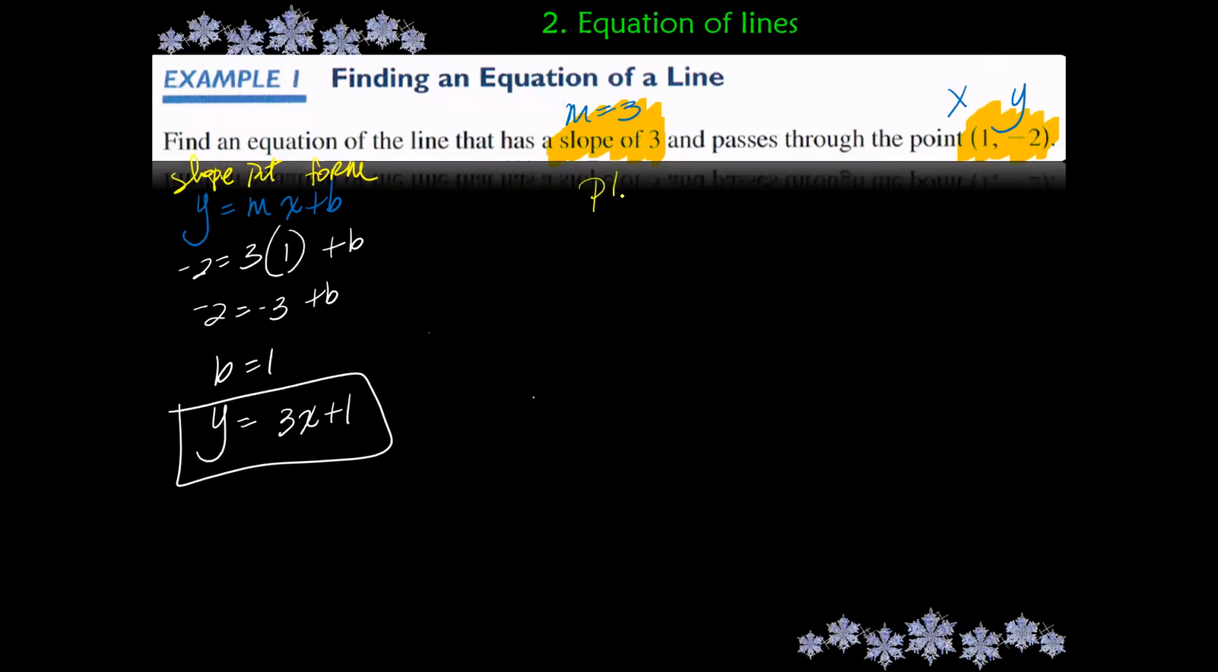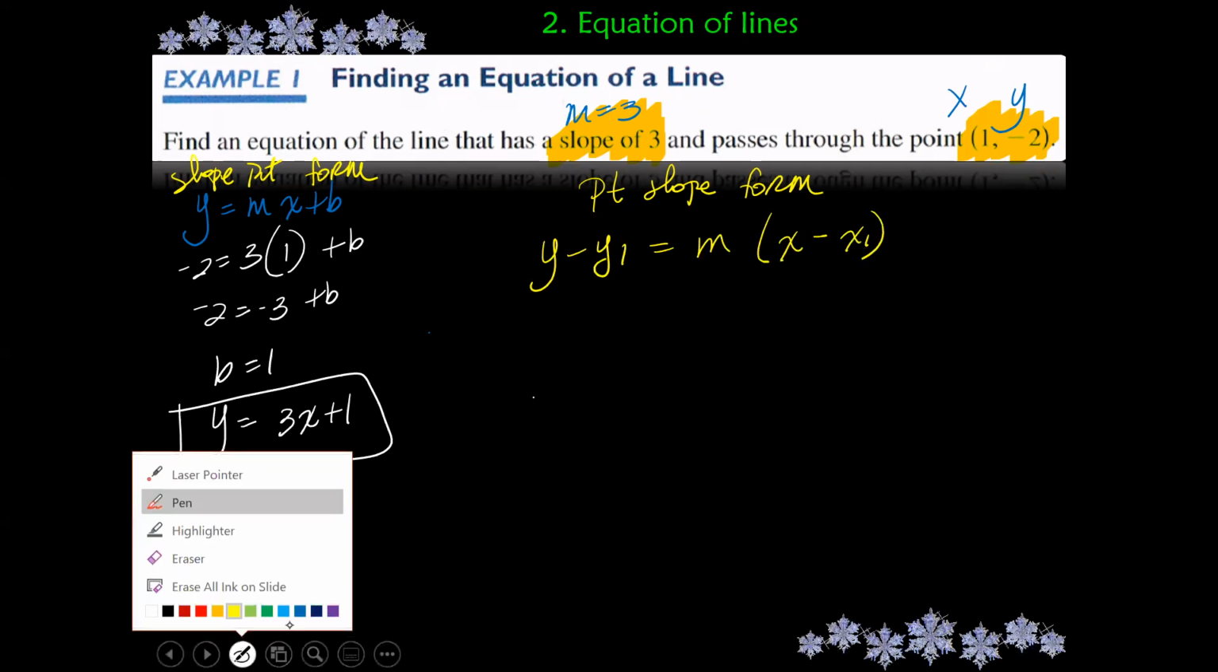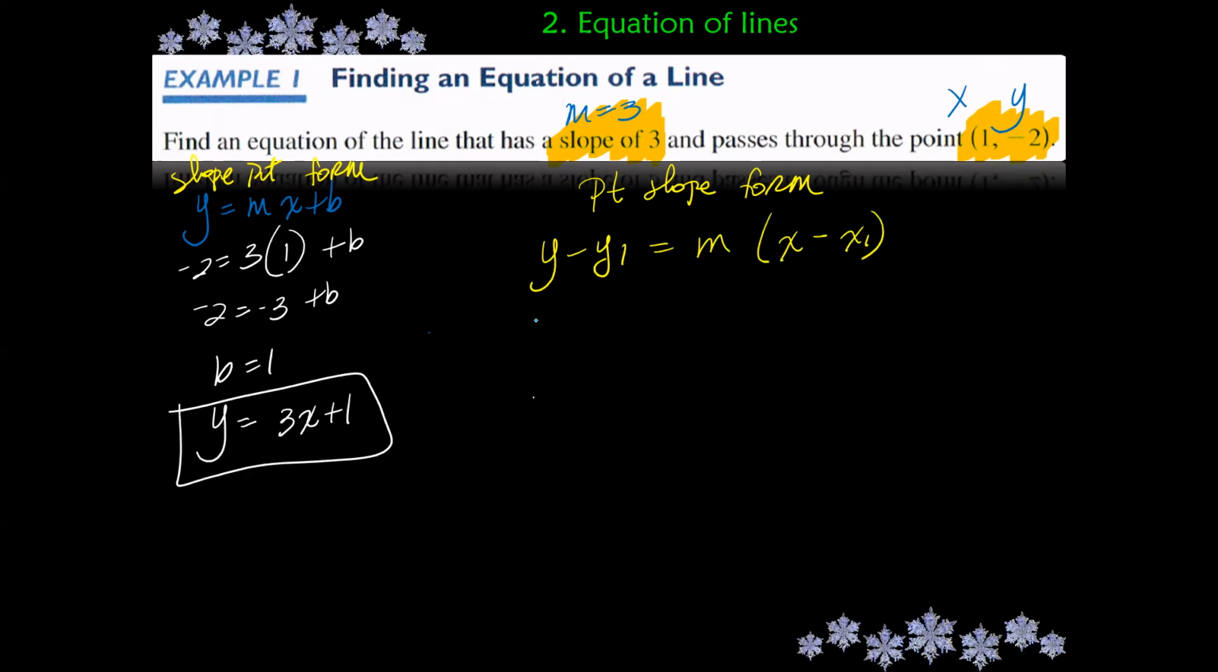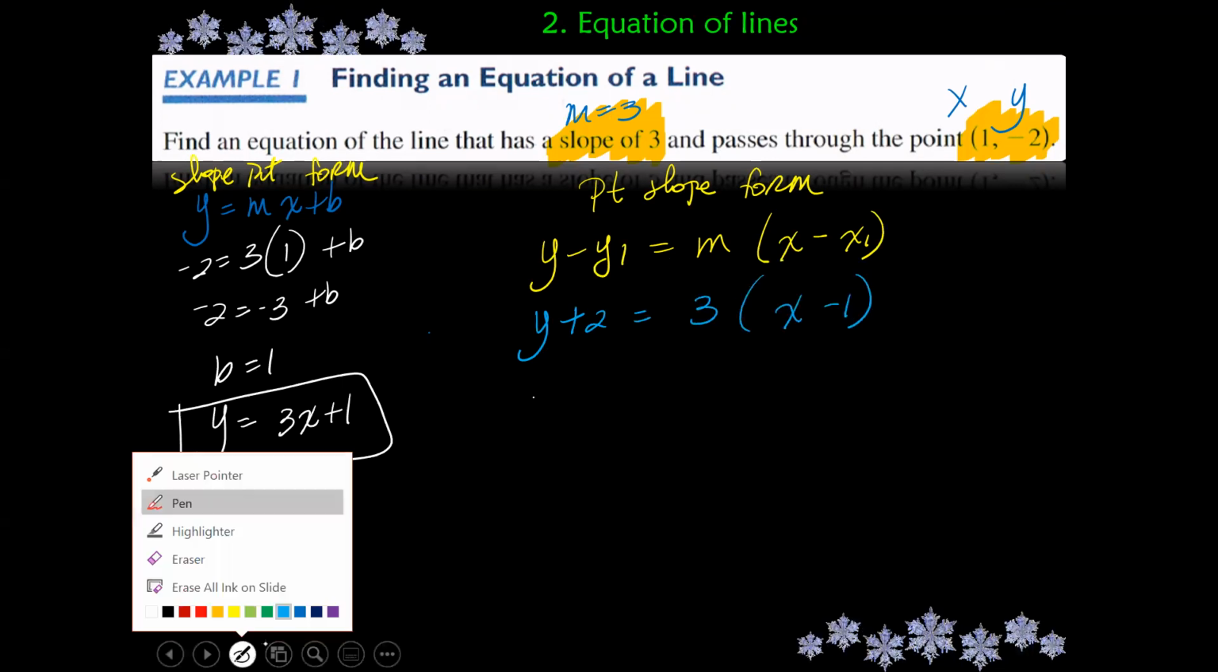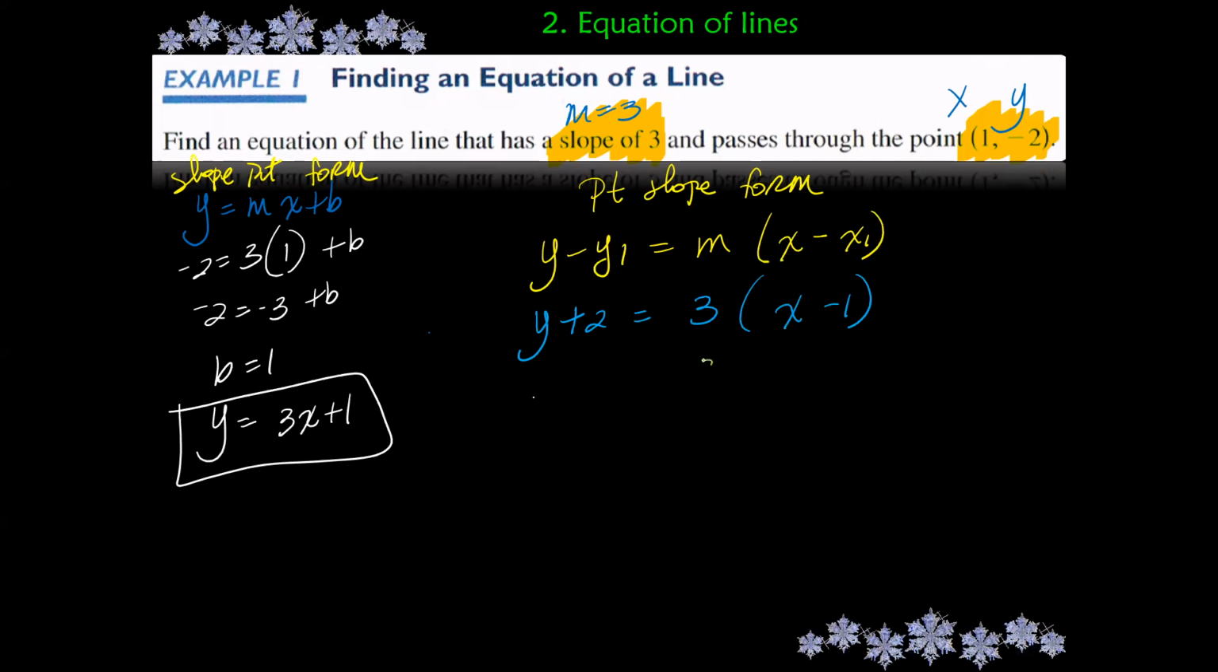If you decide to do point slope form, you get the same answer. Y minus y1 equals m times x minus x sub 1, okay? And again, you want to use this interchangeably so you know how to do this. So y minus y, so that'll be a plus 2, equals m, which is 3, times x minus 1. Now you want to distribute this, so 3x minus 3, subtract the 2,